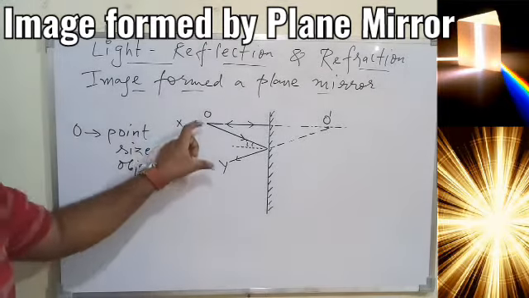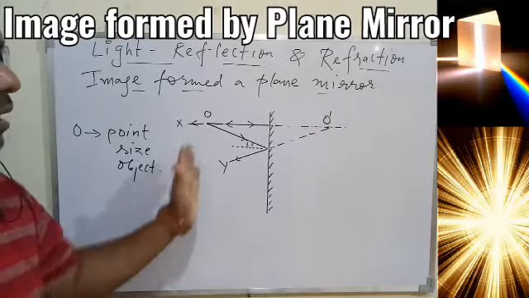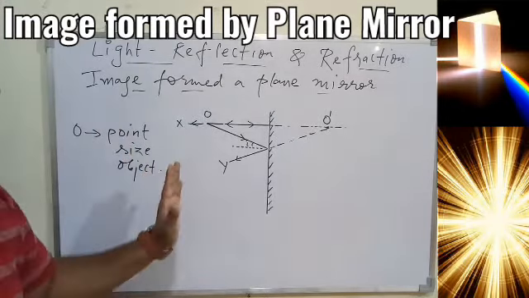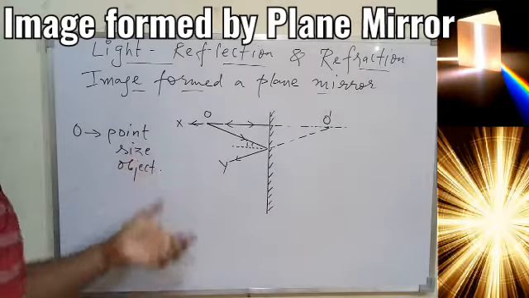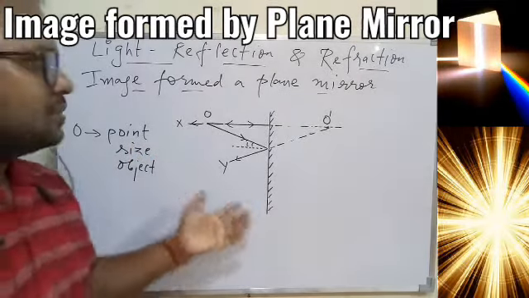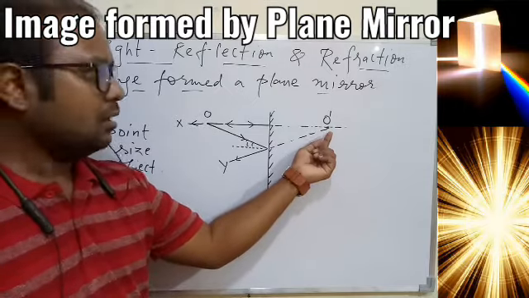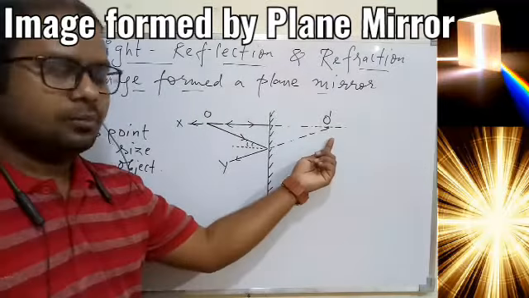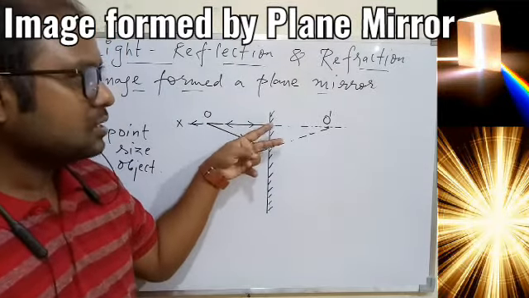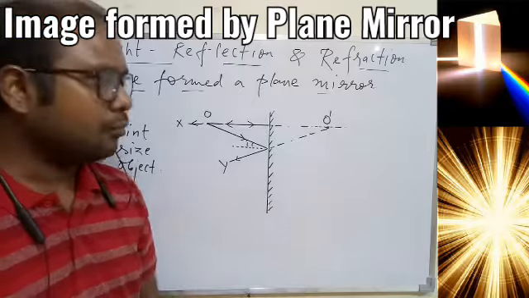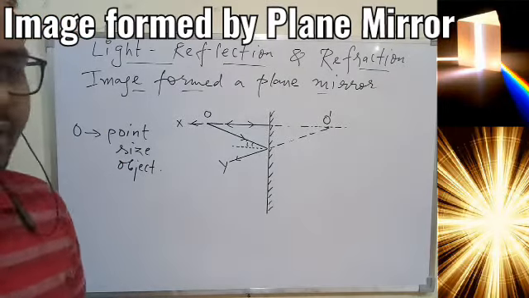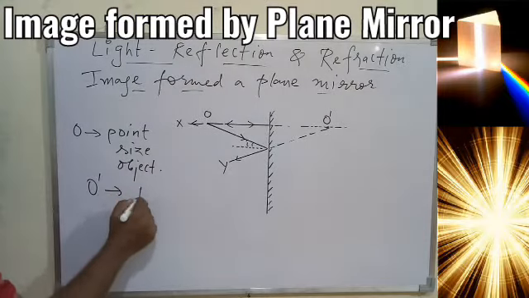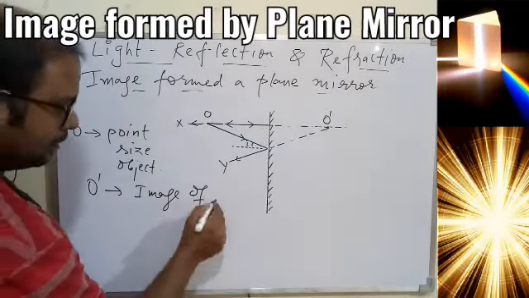So whenever we see the rays of light coming from the object and after reflection, if they start diverging, then it is understood in the front the rays cannot converge, and since the rays cannot converge, the real image cannot be formed. So it seems that maybe from somewhere behind the mirror, a particular point, they are coming. So O prime is the point where it seems that the two rays are basically converging, or they are meeting at a point, and this is the point where the image will be formed. So we can say here your O prime is nothing but image of O.